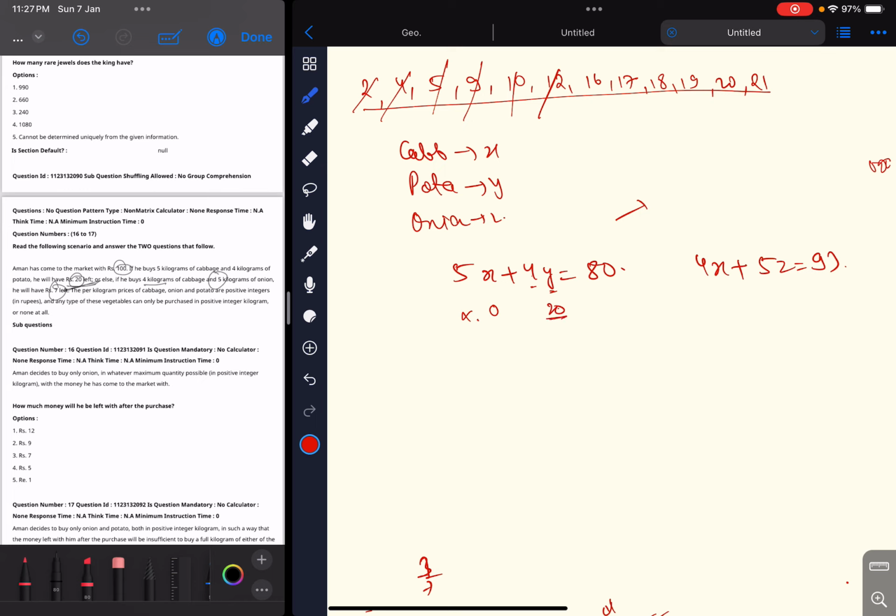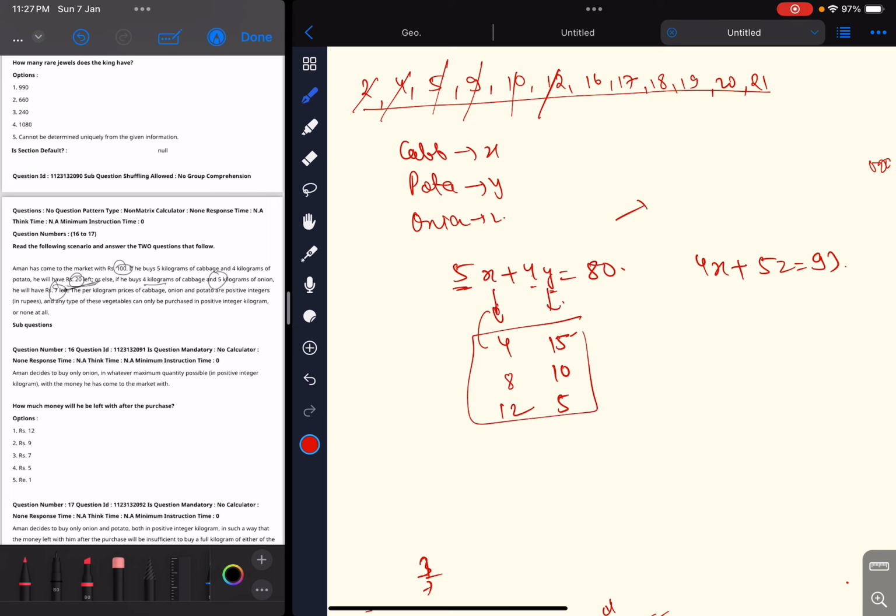So first solution we got. Now we know that this will decrease by the coefficient of this, since we have a plus sign, so this will become 15. The first case we can safely disregard. 15, 10, 5. Three cases we got from here. So 15, 5, 60. So this will be 4. Now this will increase by 4, since here it was 0. Then it will become 8, then it will become 12. These are the three cases we got from here, basically x's value and y value, three cases.